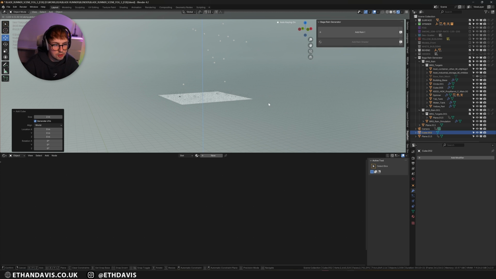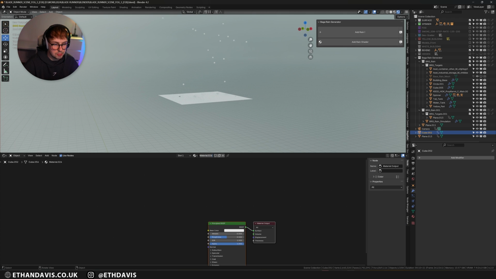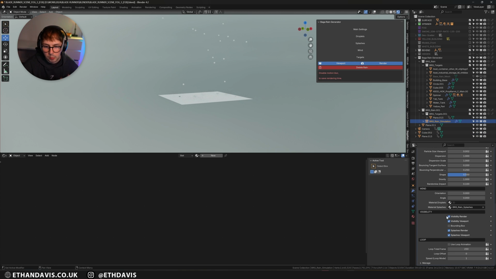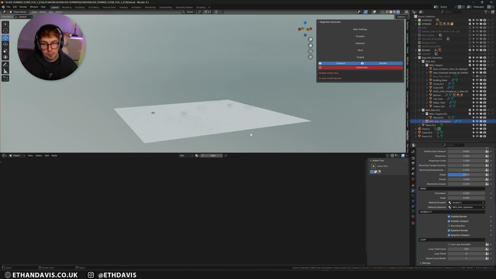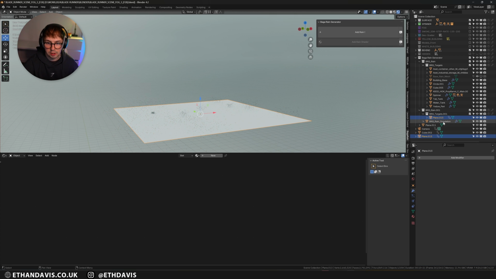So I made a droplet material, droplet 2, but then I just turned off the alpha and made it black, and that meant that we couldn't actually see the droplets like so, but we could still get the splashes, right? And what I did was I basically selected a holdout of everything but the rain. So that allowed me to only render out the rain essentially.